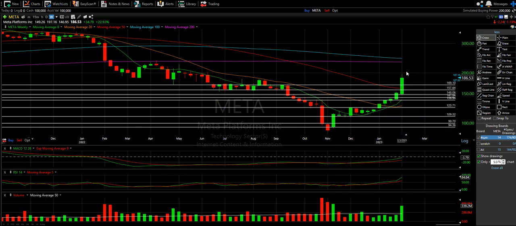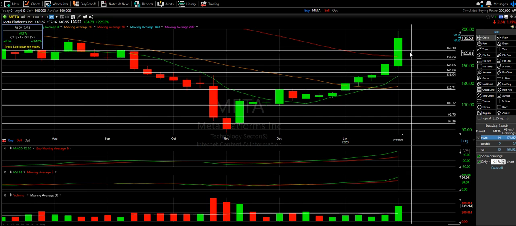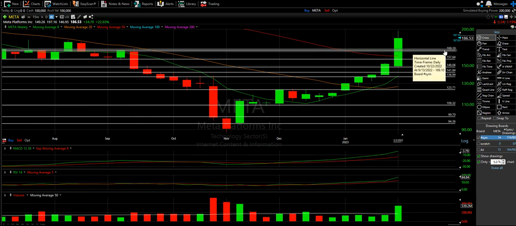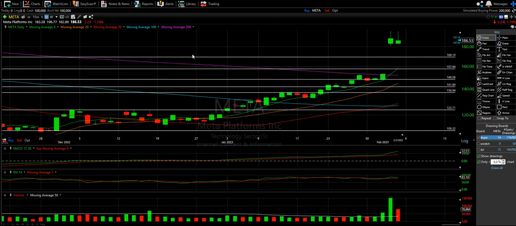Again, same basic comment, right? What needs to happen is we need to hold this 200. We for sure need to hold 50% candle. I don't want to give up more than 50% of what we just gained, right? This 169 line, give or take, is 50%. It's a little higher than it, but yeah, don't go below 169. For sure, don't lose the 50, right? Kind of same comments from the daily, but again, a lot to be happy about on Meta for sure.